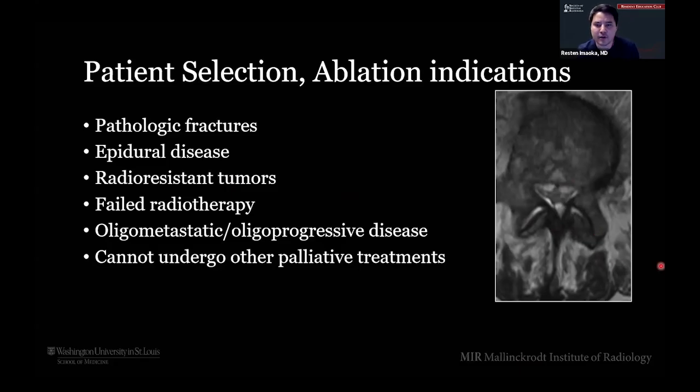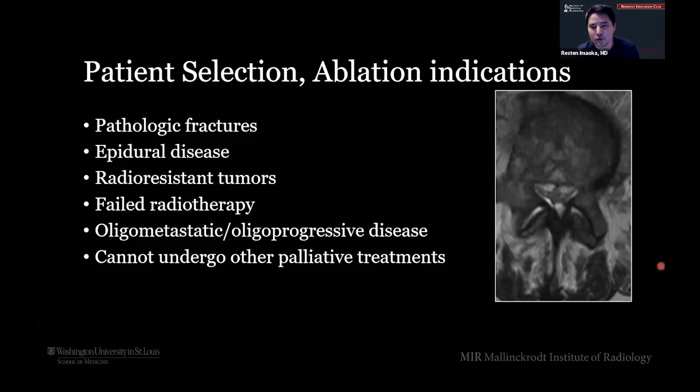So people who have failed radiotherapy are good candidates, as are oligometastatic and oligoprogressive disease. I actually just did a patient today who had metastatic breast cancer, who had this one lesion that was progressive on her ribs and it was invading into the intercostal nerve. So I ablated that because all of her other lesions were completely stable. So with oligometastatic disease, you potentially could be going for cure there too. So these are all great candidates for potential ablation.